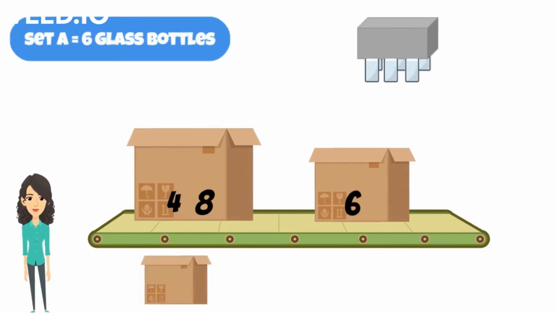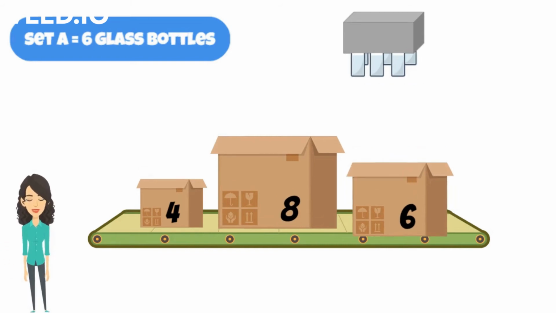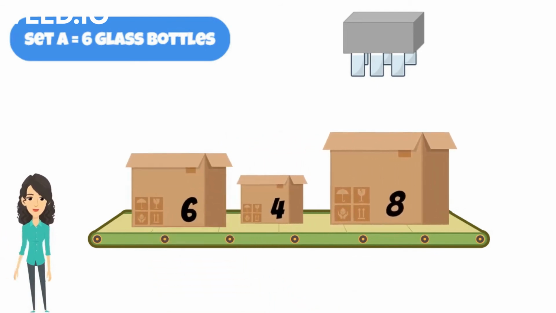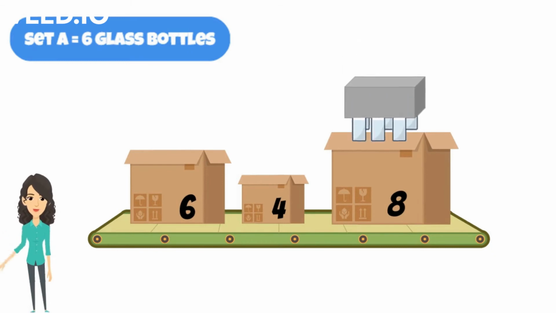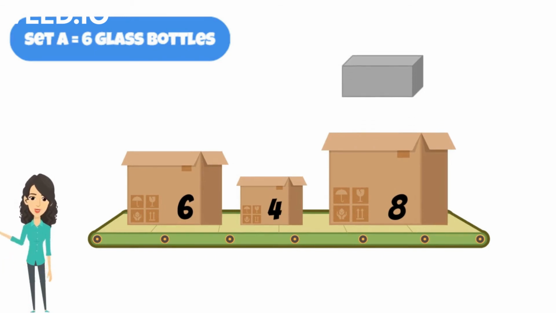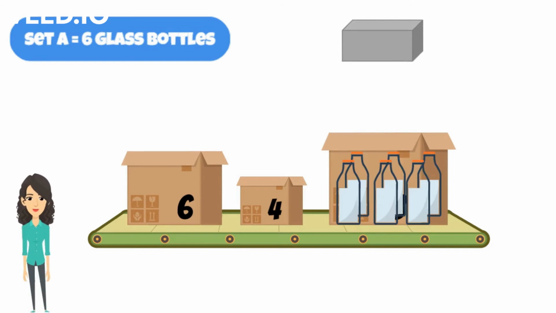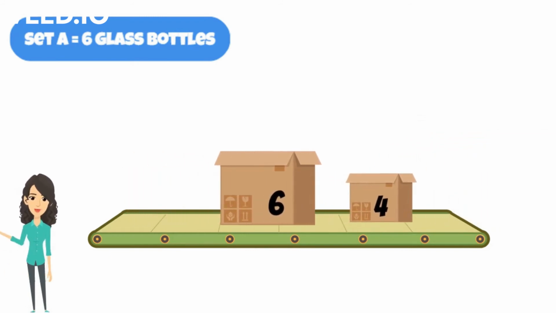This is because the WorstFit algorithm allows processors to search through the entire memory and find a partition with the widest available space. As seen in the example here, a set of 6 glass bottles have arrived at the machine. The machine then determines that the boxes with 4 slots and 6 slots are not suitable and skips over them to insert the bottles into the largest box, which has 8 slots. After inserting the bottles into the box, it will then be moved into the store and a second set of bottles can be brought into the machine.